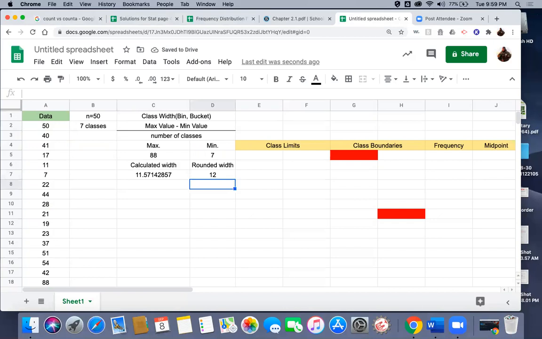Next step is, where do we start our first class? Our first class limit. We always start at our lowest data value. We know that our lowest data value was this 7 right here. And from there, we're going to calculate all of these, what we would call the lower class limits. We're creating a group that goes from 7 to some number, and then the next group that starts and goes to some number. So the easy way to do this, because we calculated that rounded class width right here, is